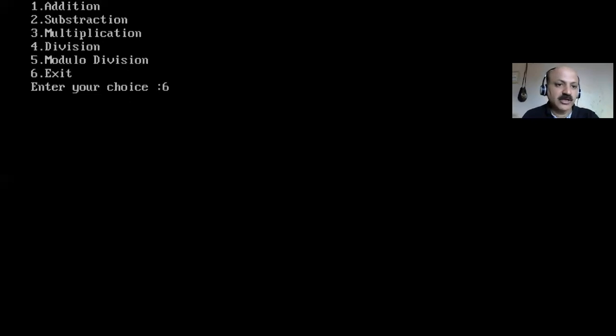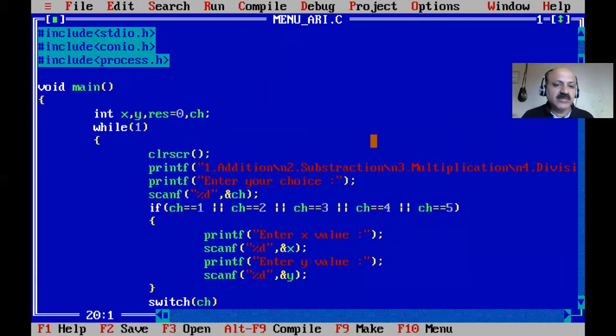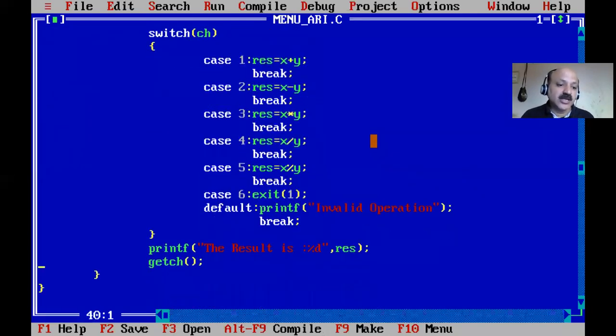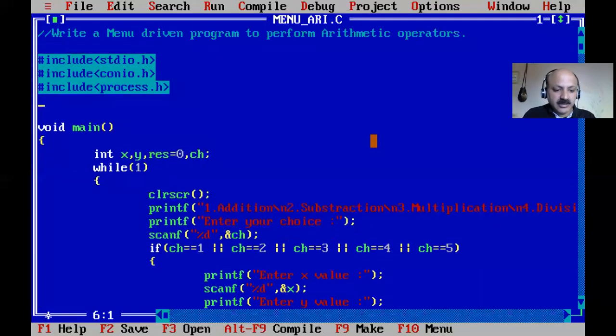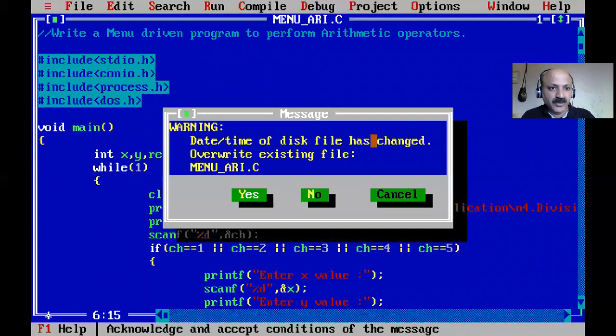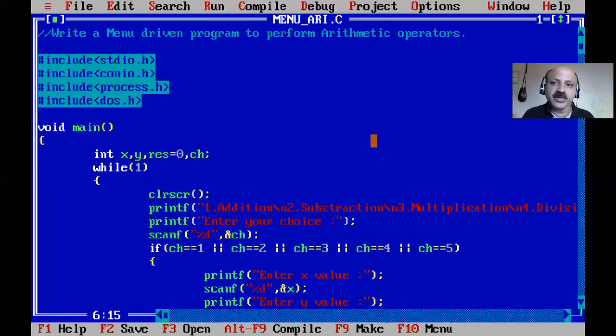Just come back to our editor. Yes, the implementation is complete, but I will show you one more improvement that is required. I just comment out getch, and we can directly see our output and directly come back. We cannot press the enter key again and again. So there is a delay function, named delay, with 1000. That is in milliseconds, and the header file required is dos.h, for the DOS shell, this operating system.